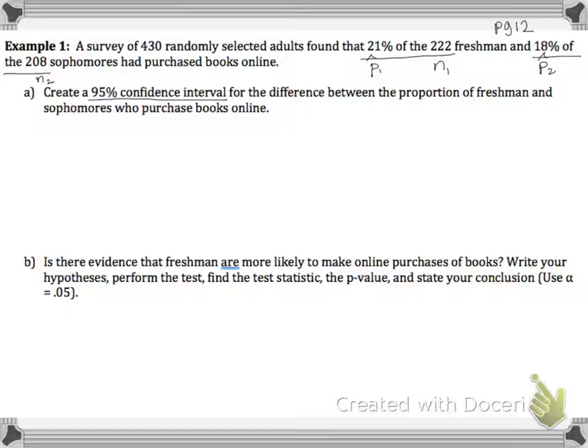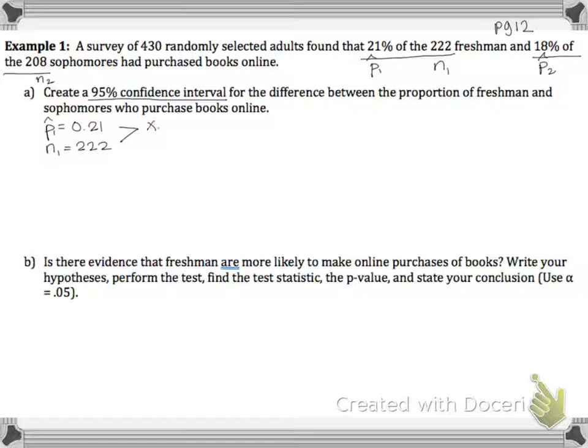And then it says below, is there evidence that freshmen are more likely to make online purchases of books? Use alpha is 0.05, okay? So it says create a 95% confidence interval for the difference between the proportions. All right. So P1 hat is 0.21 and N1 is 222 freshmen. So this means that we need to figure out